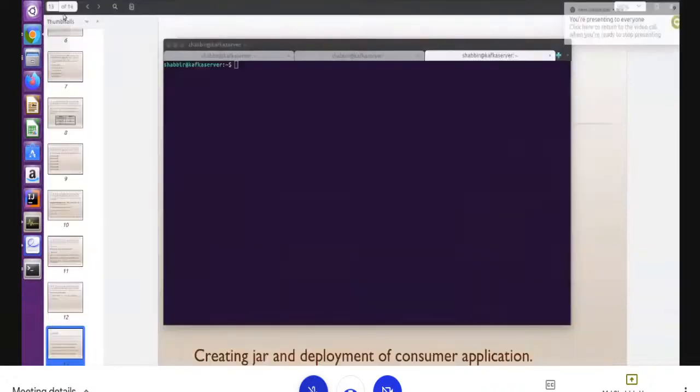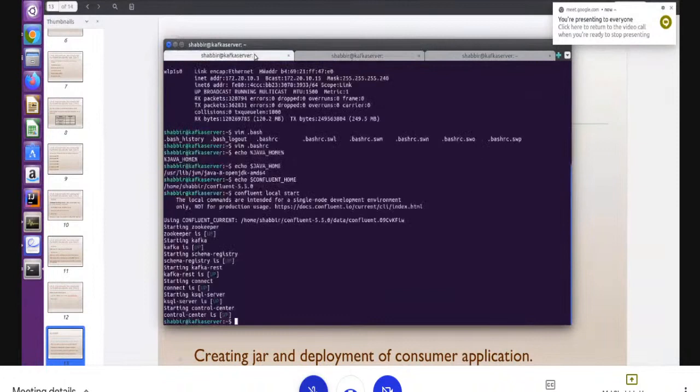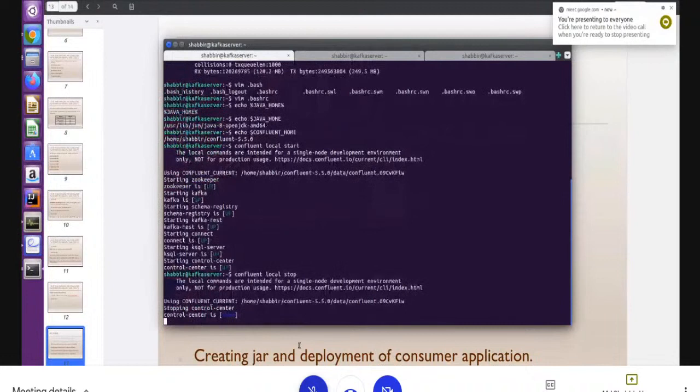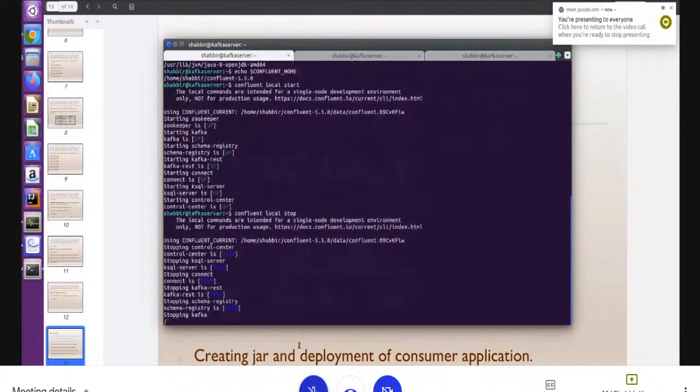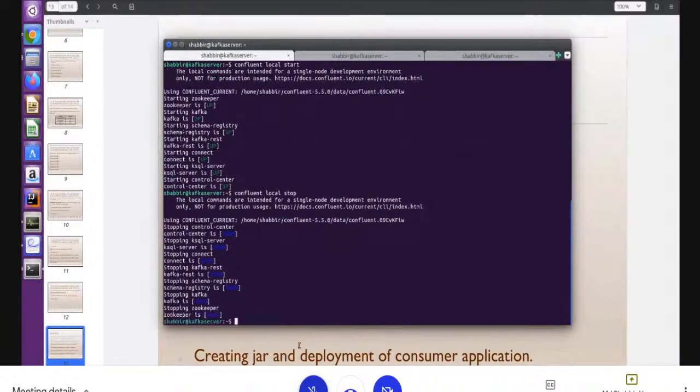To stop: confluent local stop. Okay, good.